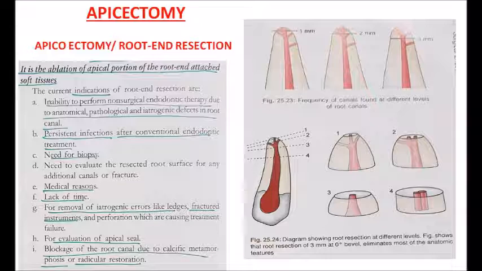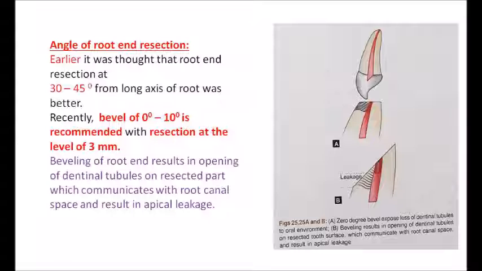Okay, so if we cut out those apical ramifications, those root canal morphological aspects, and throw them away, then the difficulty or failure of the RCT will be less. Considering that, the apicectomy procedure is given importance because of this removal of the infected part. How do we have to cut the root end? What should be the angle of the root end resection? There should always be an angulated cut.